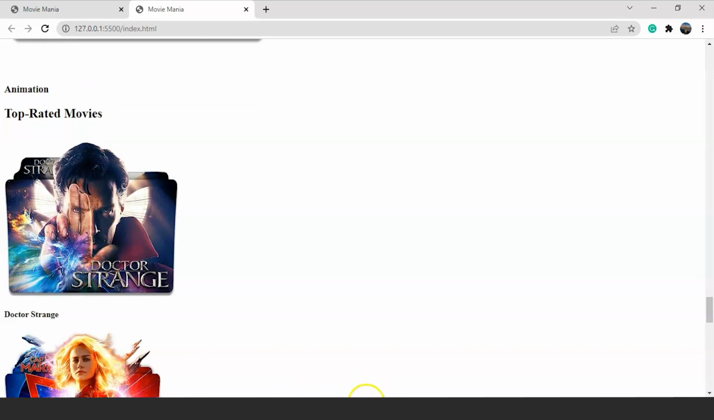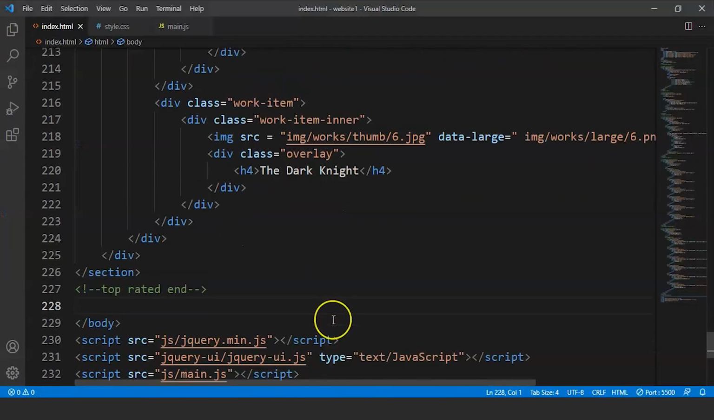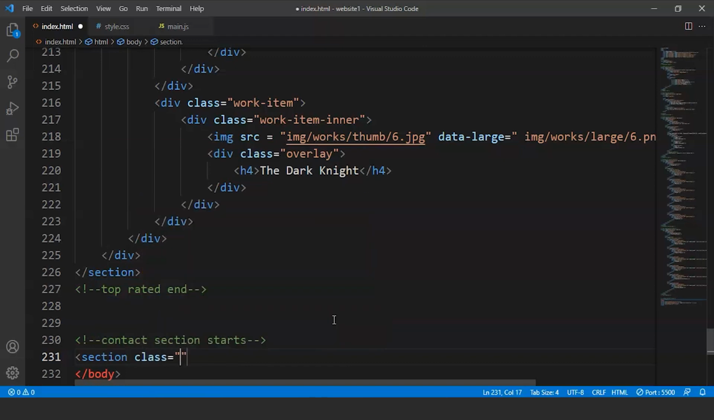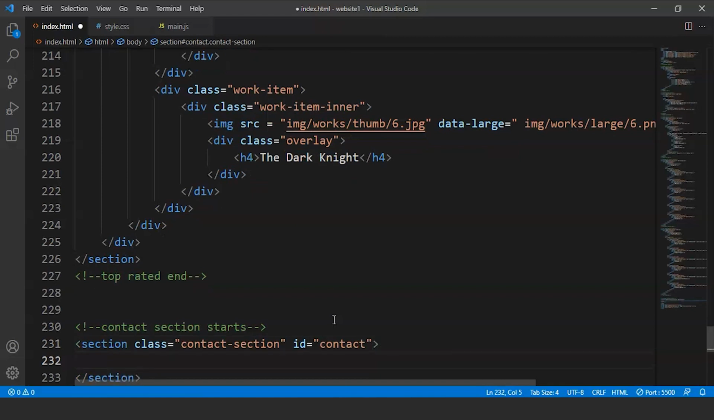Let's move ahead and we'll write the code for contact us section. So we'll mention it over here. We'll write here contact section starts, and now we'll start writing code for contact section. So the first few things will remain the same. We'll write here section. Now inside section we'll mention class is contact section. Now the ID is going to be contact, and we'll write here inside the section tag